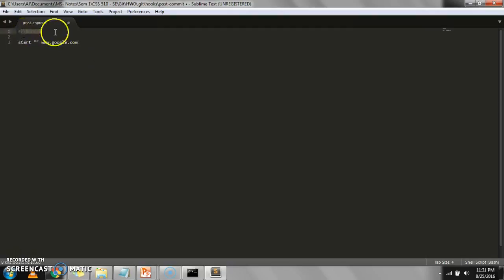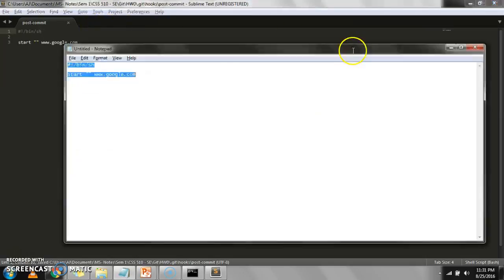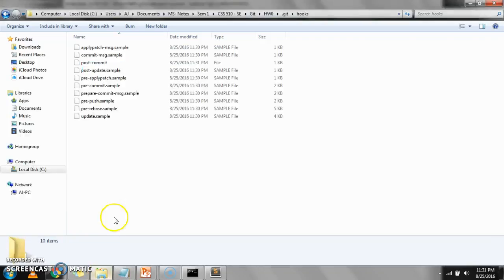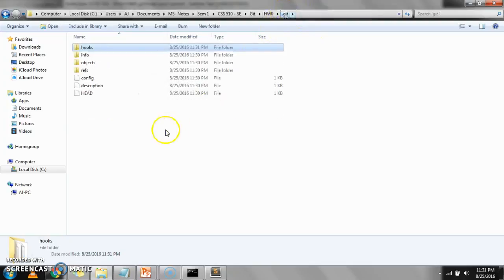I've initialized the shell command. Now I'm saving this. It's saved. So I've created a post commit file inside the hooks folder,